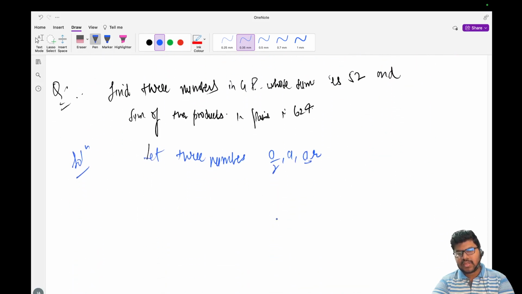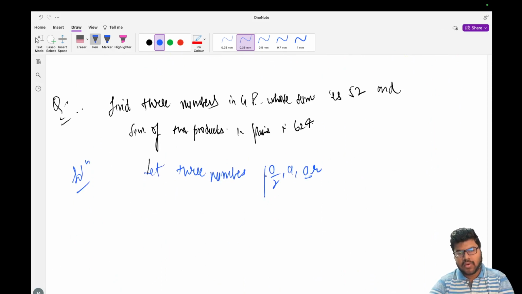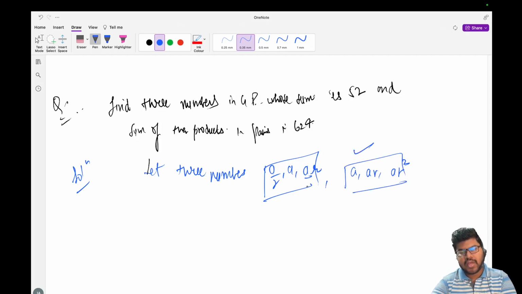अपन इसको ऐसे भी ले सकते हैं, लाइक या तो ये ले लो, राइट, या तो फिर ये ले लो, a r square. तो देखो यहाँ पे a r by a r square by a r is also r, राइट। सो दोनों तरीके से ले सकते हैं। तो यहाँ पे अपन ये वाला तरीका लेंगे और लिखेंगे a plus a r plus a r square. देखो बात तो एक ही है, अगर ये वाला तरीका भी लेते हैं, सबको सम करेंगे तो अल्टीमेटली यही आएगा, राइट।